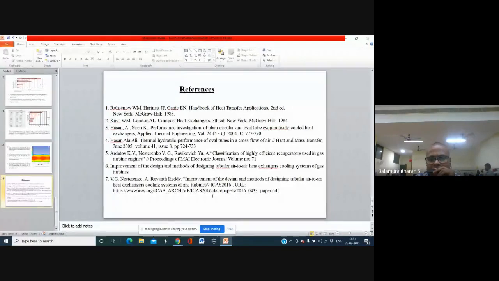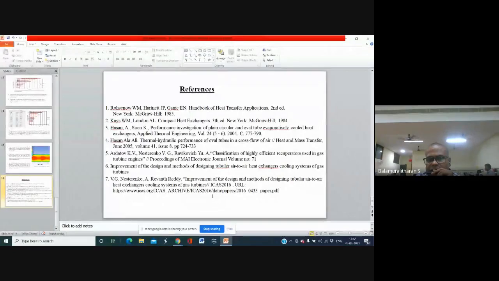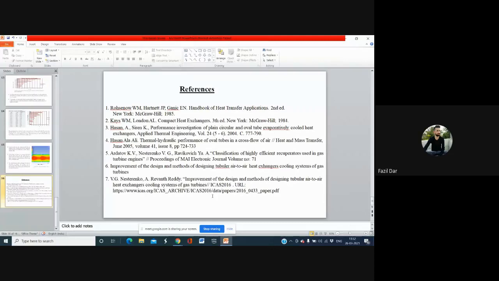But is the same work extended or not? Sir, I am working on it, sir. In the current duration, is there any paper related to the same area? These are all related, the last 5 years, sir. Last 5 years. No, sir, last 5 years.